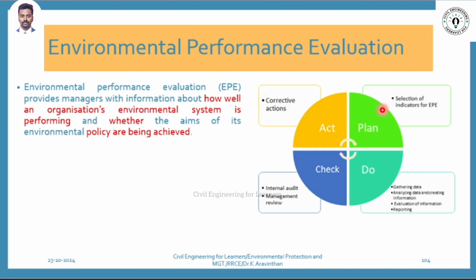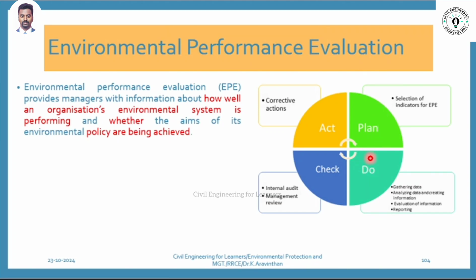Next, take the automobile industry. For an automobile industry, their waste will be metal products and electronic gadgets, which will be higher. Now take another example, the paint industry. We are using paints. Paint is a large industry. Asian Paints and certain other paints are available in the stock market. Why? Because they are delivering the product at a much higher level and their transactions are higher. Like that, depending upon the industry, the evaluation differs. In planning, the selection criteria should be there.